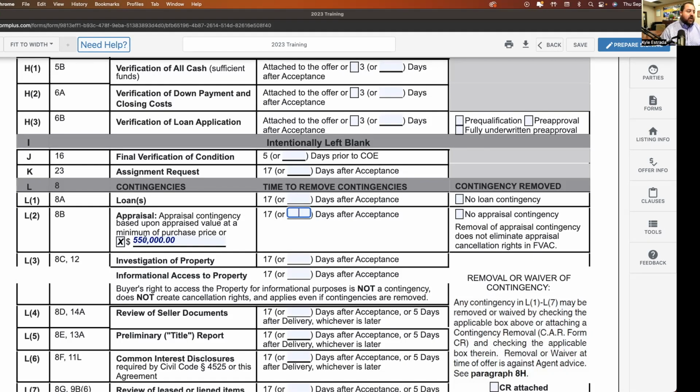If it's $25,000, then it's going to be 535 is what it has to appraise for. Okay? And as listing agents, we've got to start getting to the point where we understand that every deal we get that is financed is required to appraise. Like there needs to be an appraisal. In order for the lender to give you the money, the appraisal has to come in at some amount, right? That's how they're going to lend you.